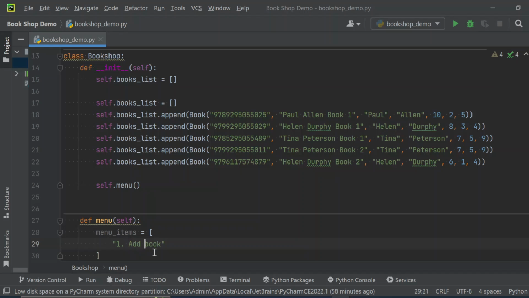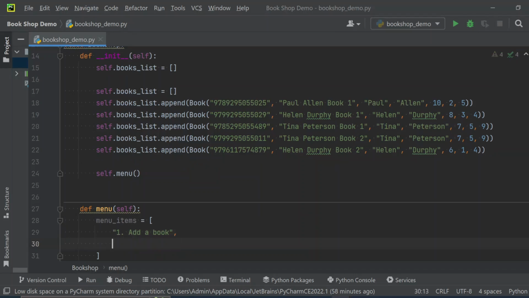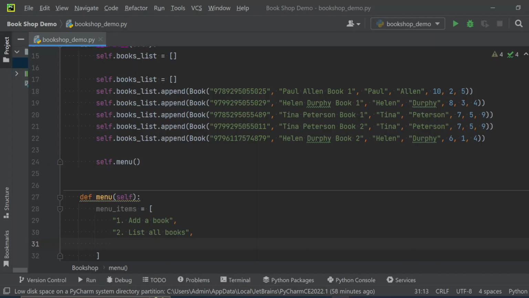So add a book, and the second is another string, 2 dot list all books. All right, comma there, and then the third one is display